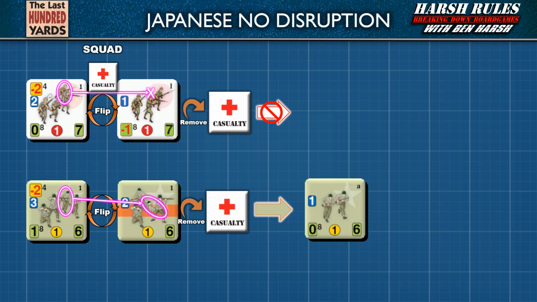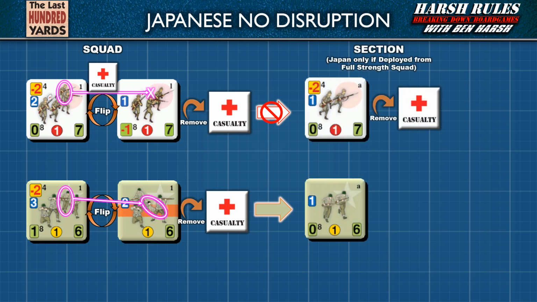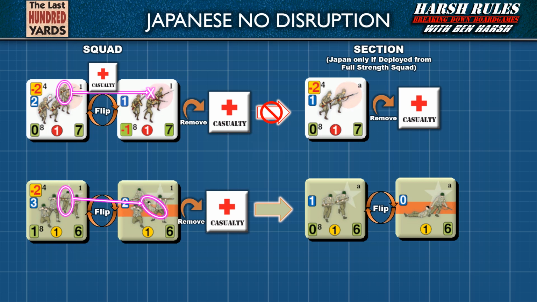Japanese squads can only create sections if they are deployed while the squad is at full strength. If one of those deployed sections is hit, it is immediately removed and recorded as a casualty. An American section will flip to its disrupted side and require another hit before it is eliminated and recorded as